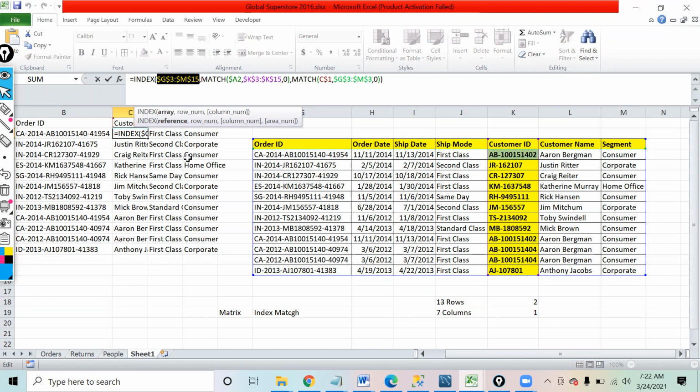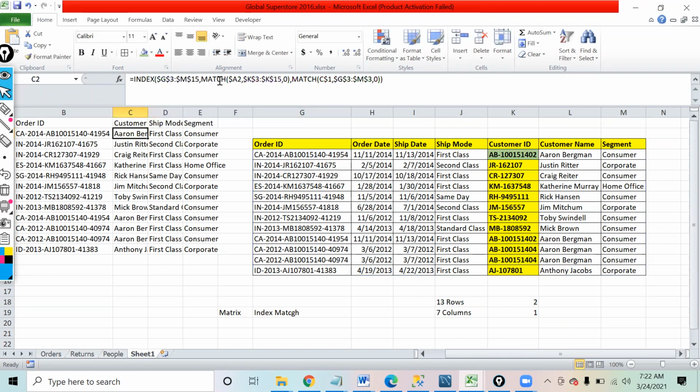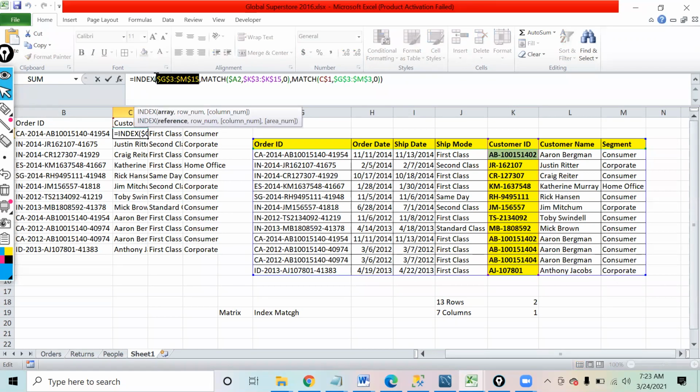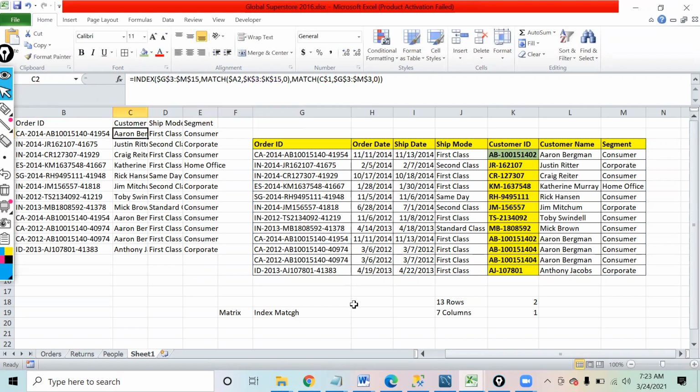Okay. But in real time, mostly the data will be changing every now and then, right? So yes, we can make a dynamic range in that case. We can simply create that range by using the offset, and we can use that range over here. Okay. So I hope this is clear to all of you now.